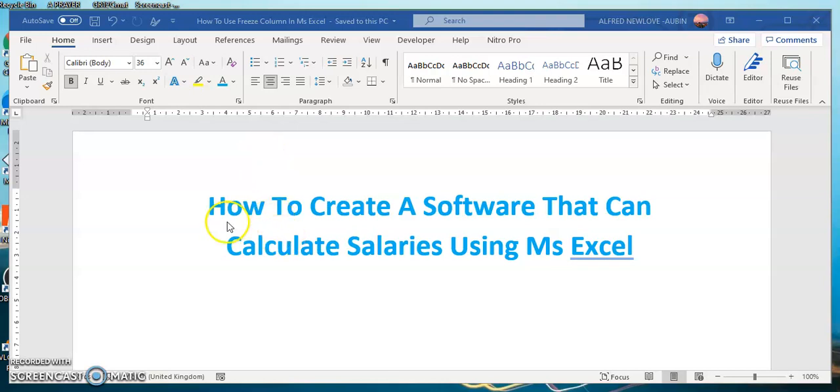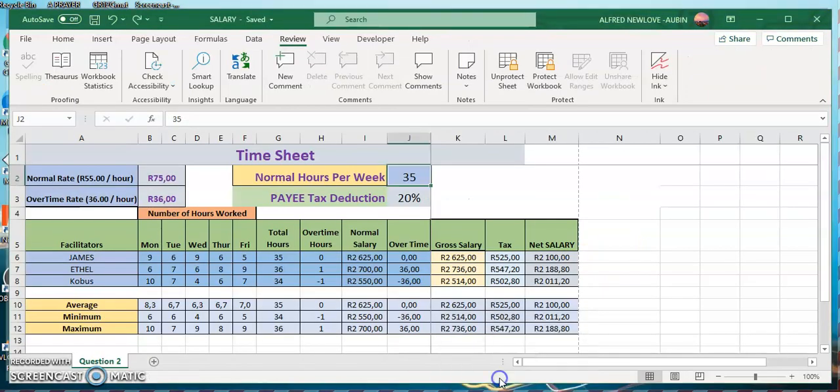Hello viewers, today we are going to look at how to create a software that can calculate salary using MS Excel. Now let's go to our Excel sheet. This is our Excel sheet,